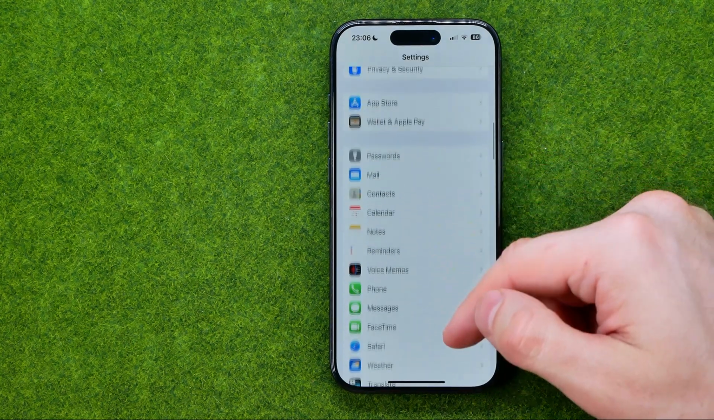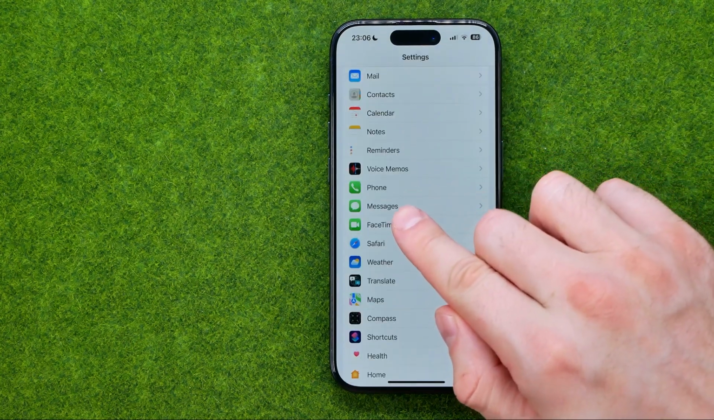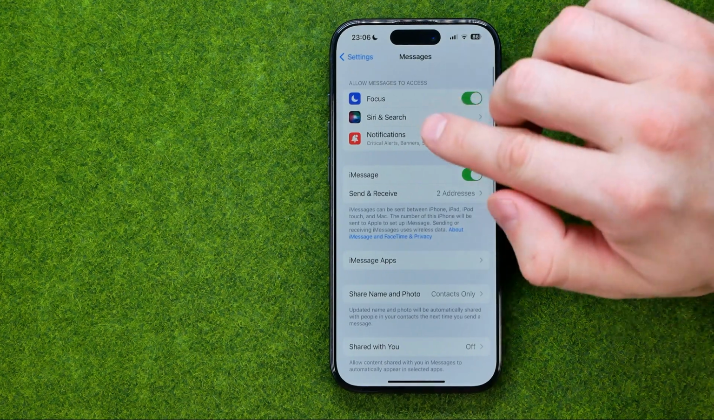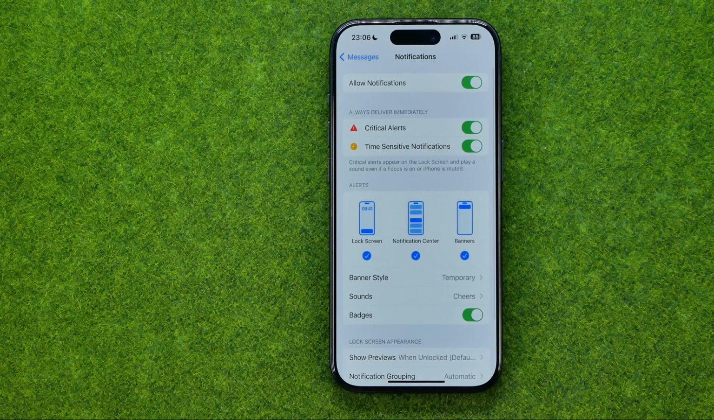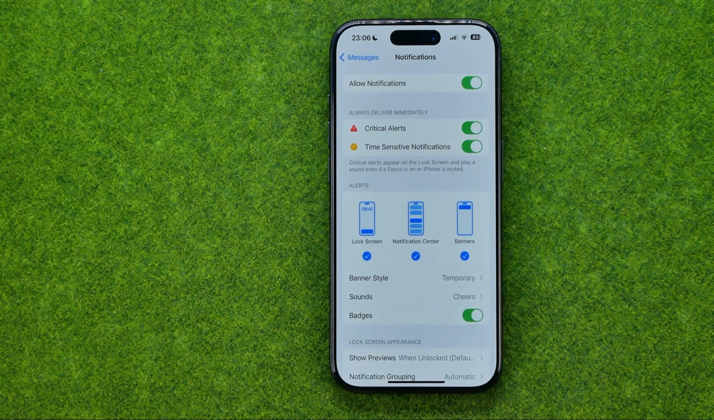Then scroll down until you find Messages. That's where you can easily find notifications. Just get into it and you will be taken to the screen where you are able to configure the notification